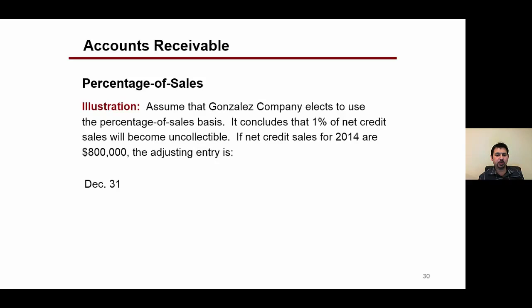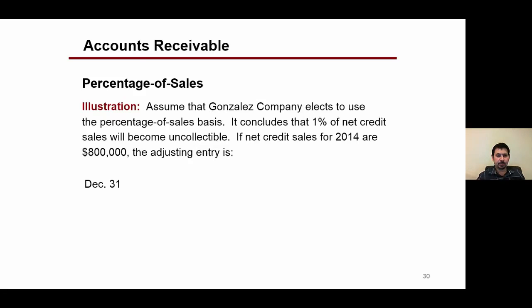Here, for example, is an illustration of the percentage of sales method. Assume that Gonzalez Company elects to use the percentage of sales basis. It concludes that 1% of net credit sales will become uncollectible. So if net credit sales for 2014 are 800,000, the adjusting entry at the end of the year will have to be